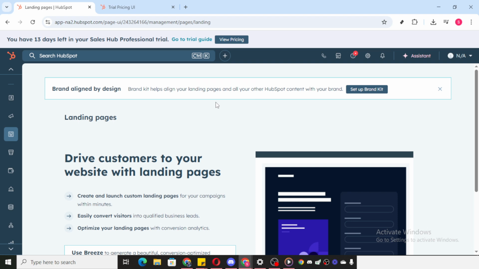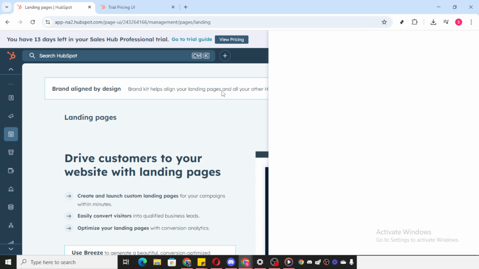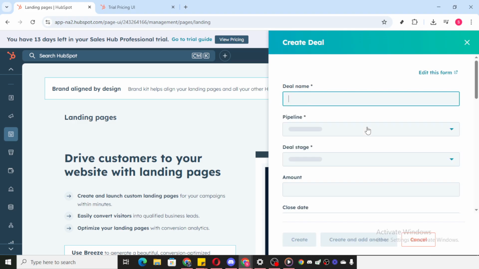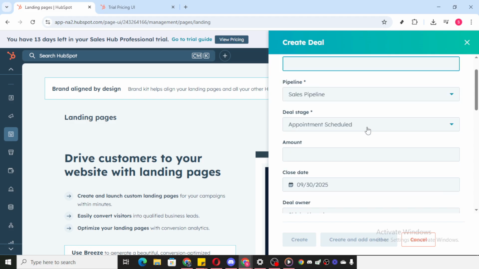Now, why are we clicking on Deal? Well, deals represent potential revenue and sales opportunities. Think of them as the building blocks of your entire sales effort. Essentially, creating a deal allows you to add a new sales opportunity to your pipeline. This is something you can track from start to finish. Typically, a deal signifies a potential sale, a negotiated contract, or a business opportunity linked to a contact or company